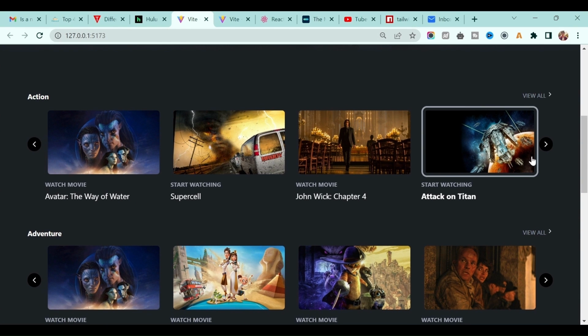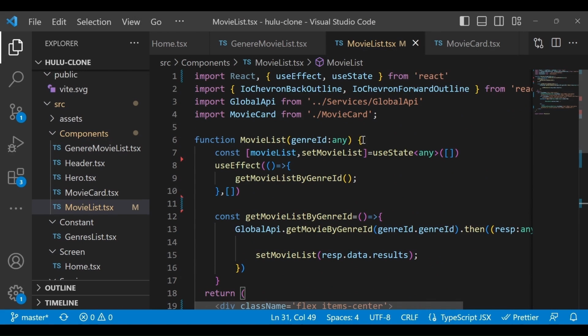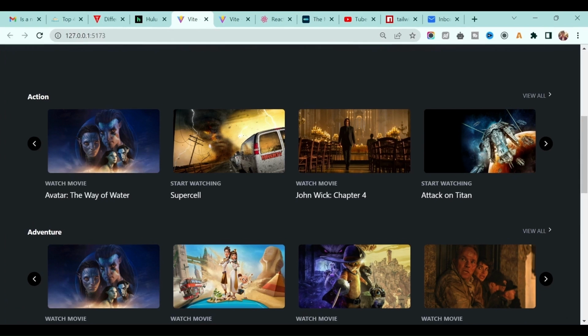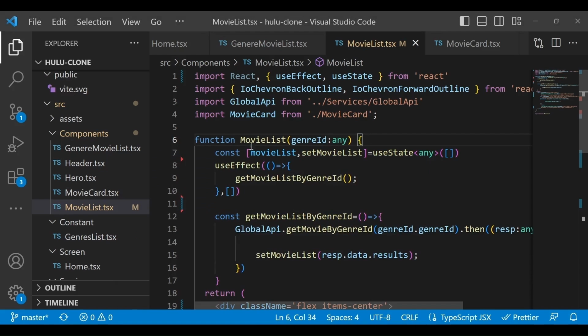Okay, right now it's not clickable. Okay, we have to add some event. So second thing, we want to know which button we click, right? So for this button for this slider, or this one, or this one. So in order to get to know, we will use the inbuilt hook called useRef.